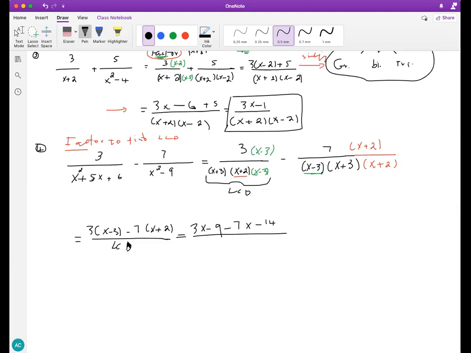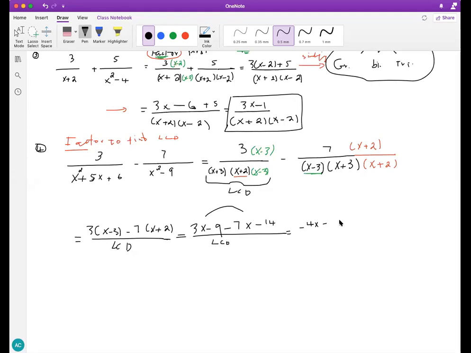Okay, so distributed, this is still the same. Let's just save a lot of time and just call it LCD, because it's long. Now we're gonna combine these. 3x minus 7x, that's -4x, and then combine the other two, -9, -13. That would be negative